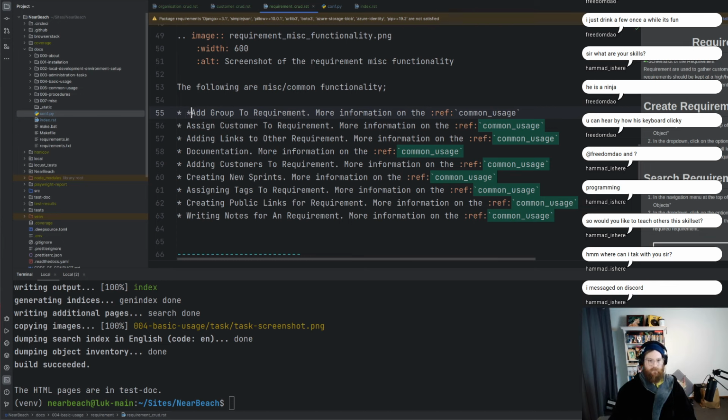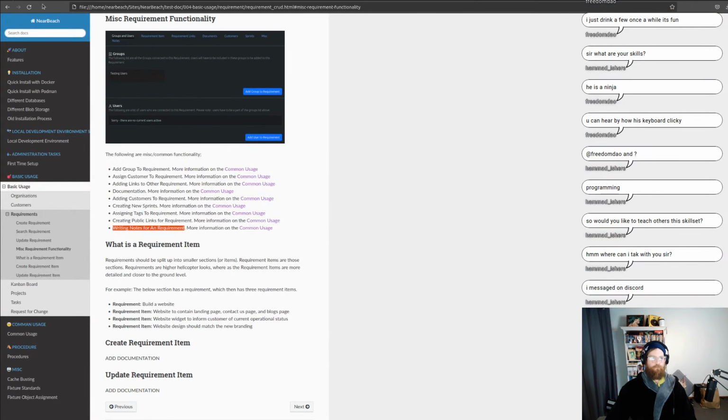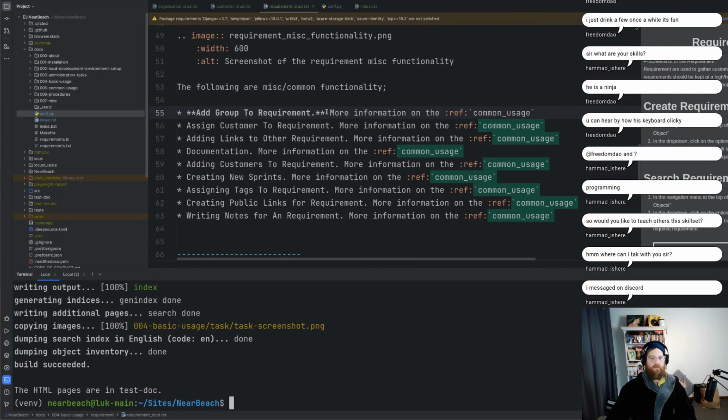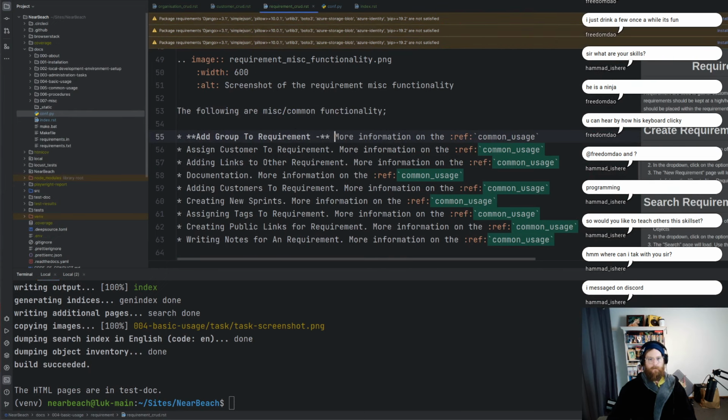Yeah, let's see what it looks like. Add group to requirement, and then I could have more information just as a link. Yeah, I kind of like that. And then